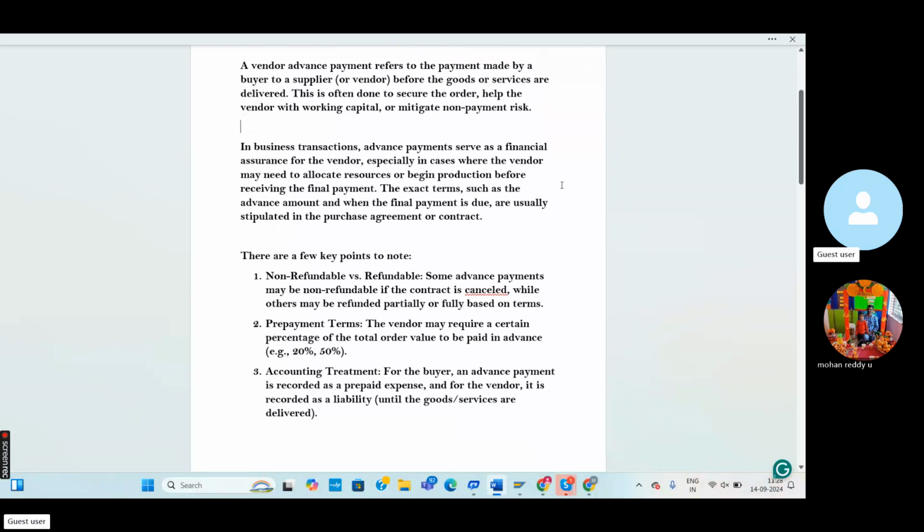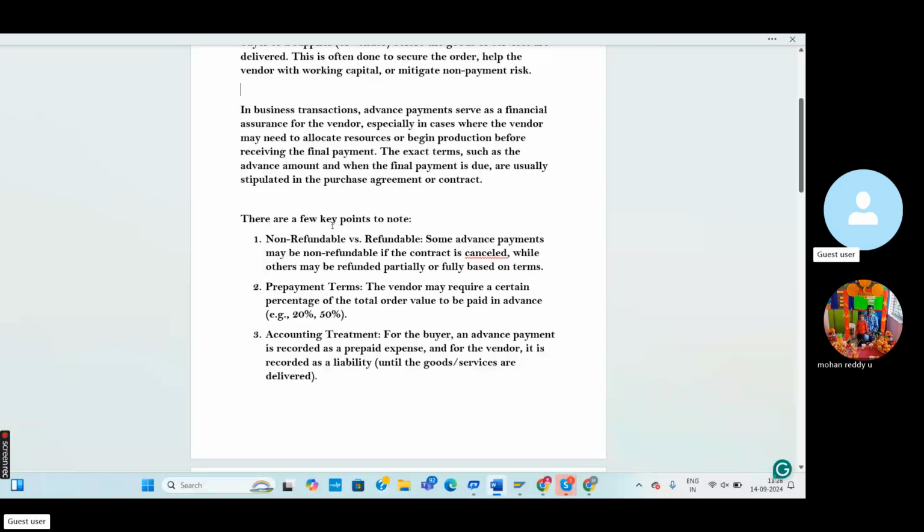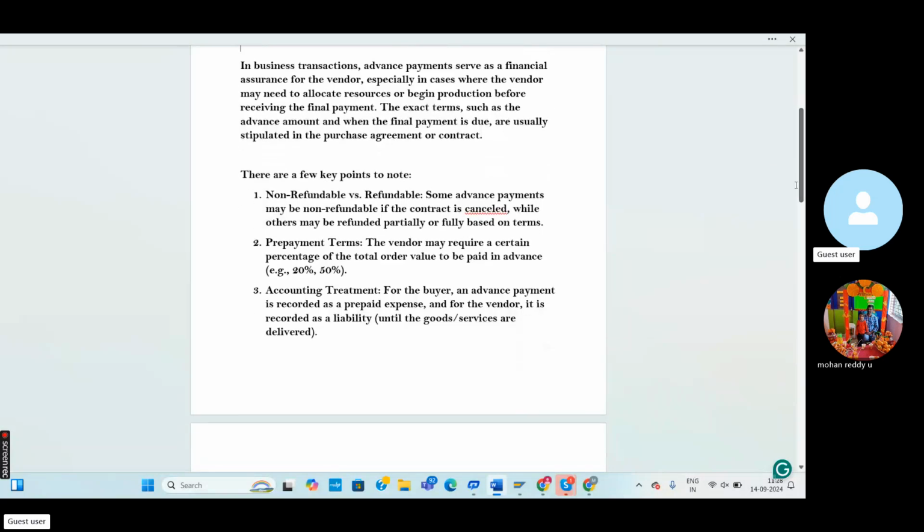Basically, I'll give some explanation. Once you read it, then automatically you will get some knowledge. So there are a few key points in the note. From the vendor's point of view, if you pay some amount, in some situations the amount will be refundable, in some situations not refundable. For example, we pay some amount to the vendor,